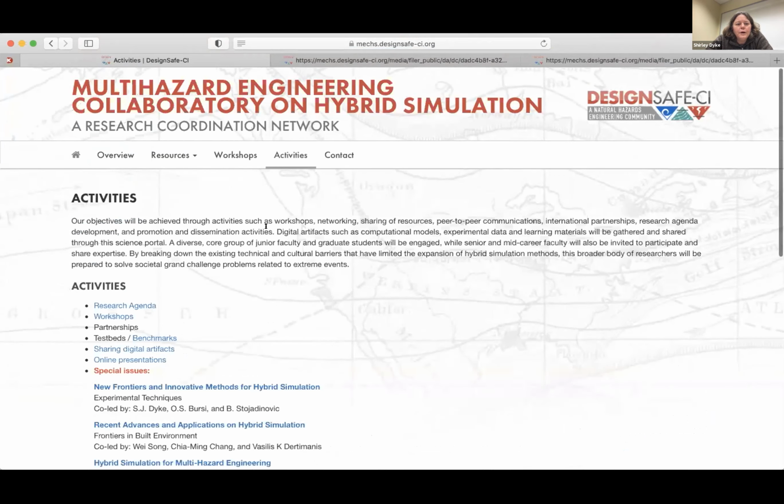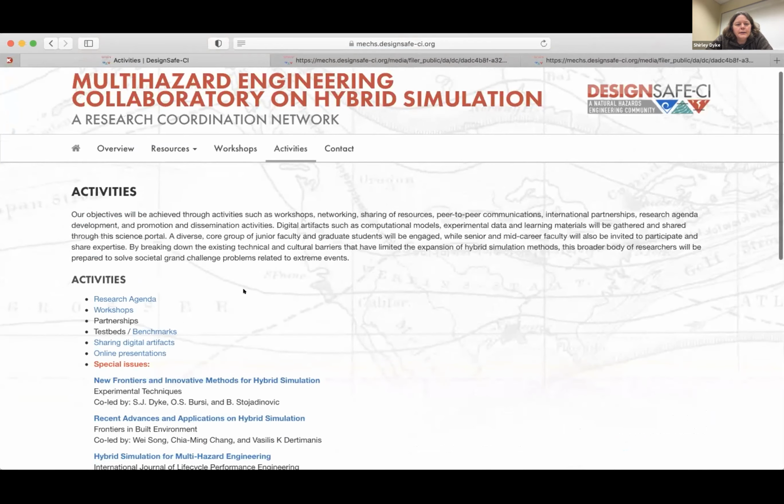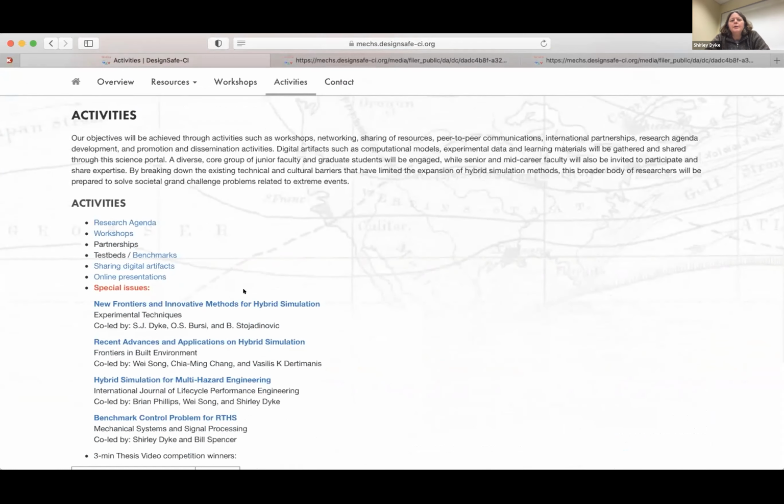And one of the things that, I don't remember exactly where the primer is, but one of the things that we decided was that we were all speaking different languages, and it would be very helpful if we could at least generate some common terminologies and a list of synonyms so that we could have discussions about the types of things that we do in hybrid simulation. And for instance, the discussions about computational delays and time delays today. Does that help? Yeah, that's very helpful.